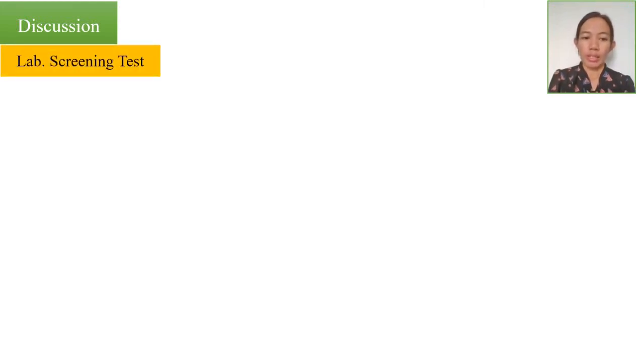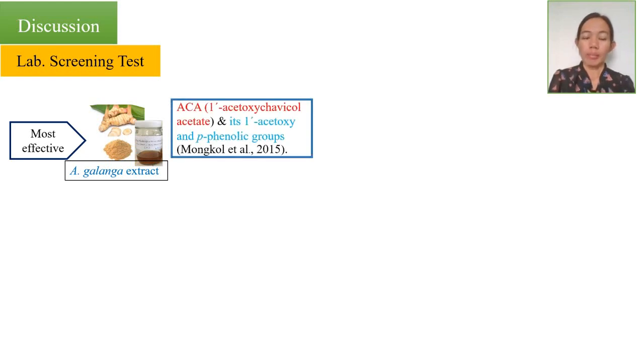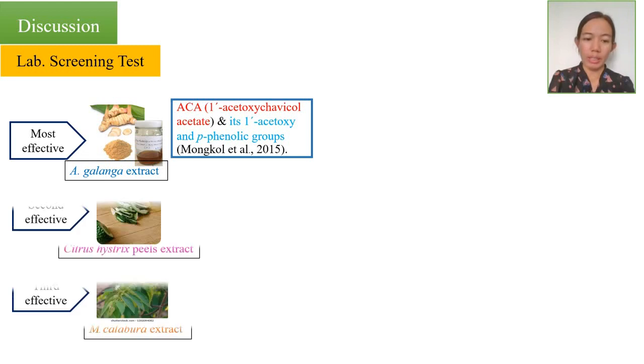In the screening test, Alpinia galanga extract was most effective and showed high efficacy in controlling two fungi because of its major compound acetoxychavicol acetate, and its 1-acetoxy and phenolic group has a synergistic effect and can destroy the cell membrane of the fungi.